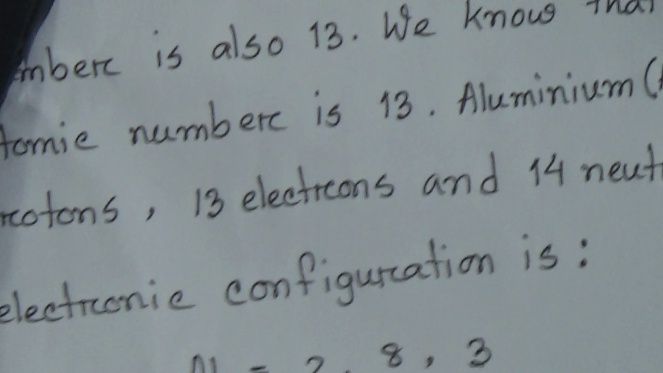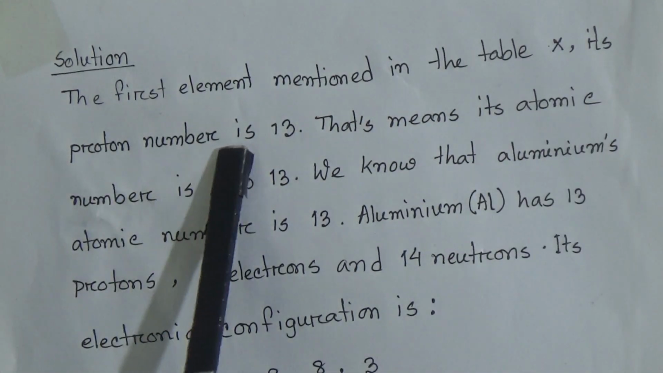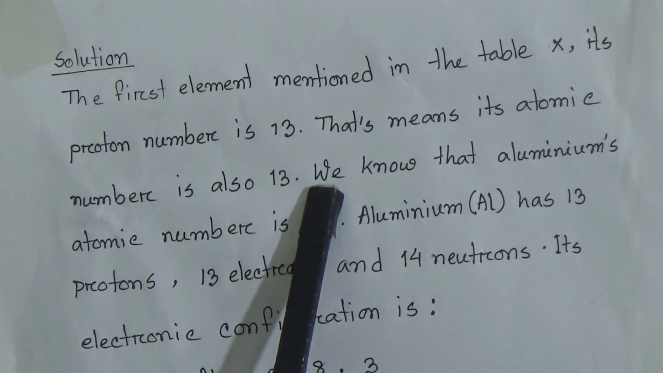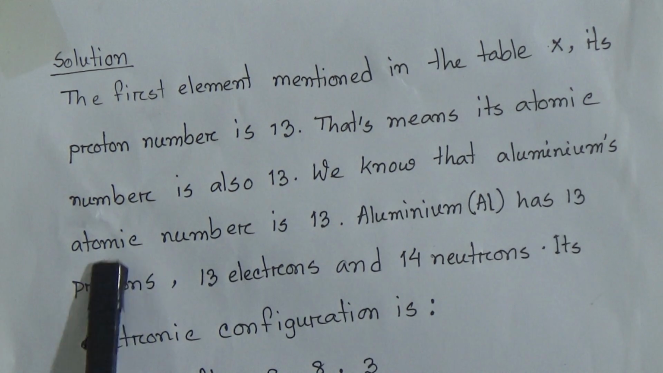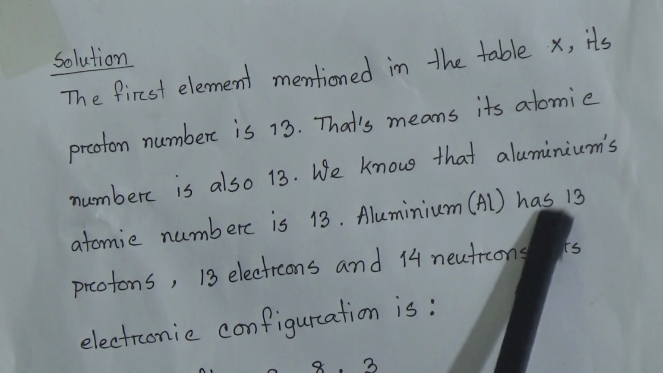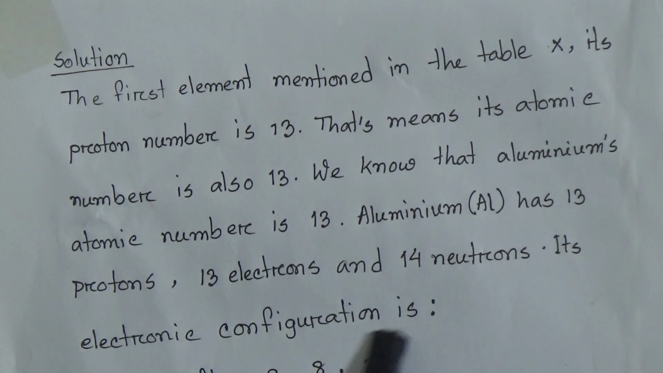Now come to the solution of the assignment. The first element mentioned in the table, X, its proton number is 13. That means the atomic number is also 13. We know that aluminum's atomic number is 13. Aluminum, that is Al, has 13 protons, 13 electrons and 14 neutrons. Its electronic configuration is